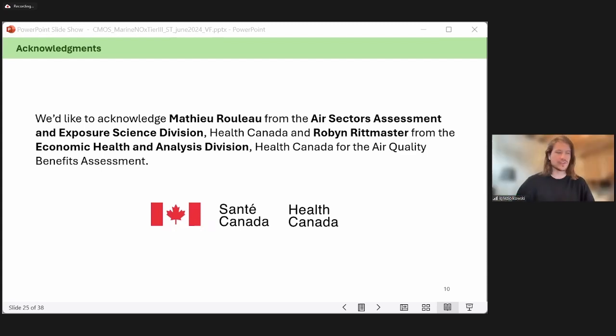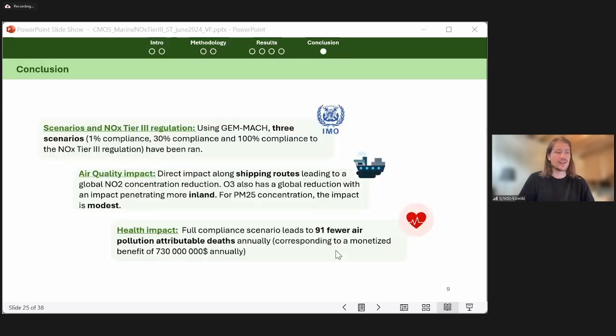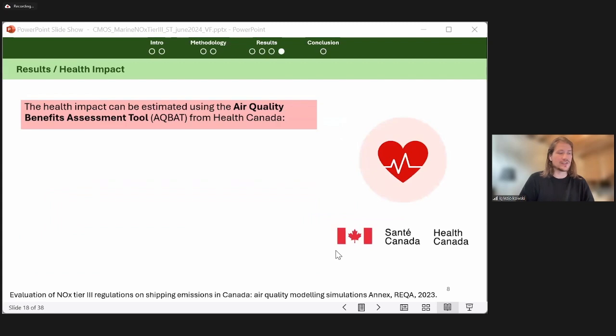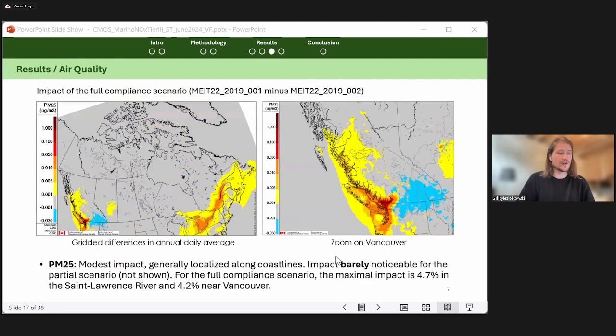That's great, Sandrine. Thank you. We do have one question. It's what is driving the changes in air quality concentrations deep inland, such as in Alberta? Are there any changes in local emissions there, or is this a consequence of advection all the way from the